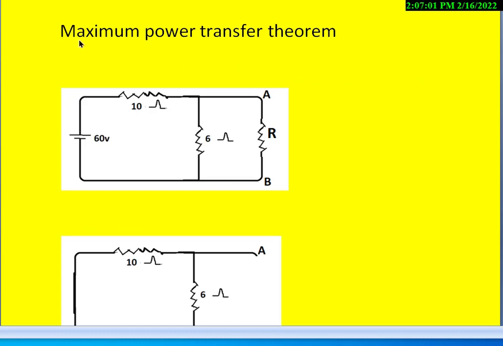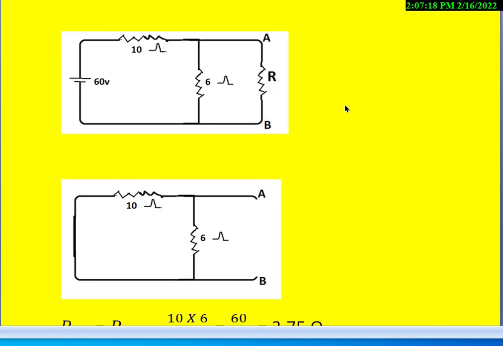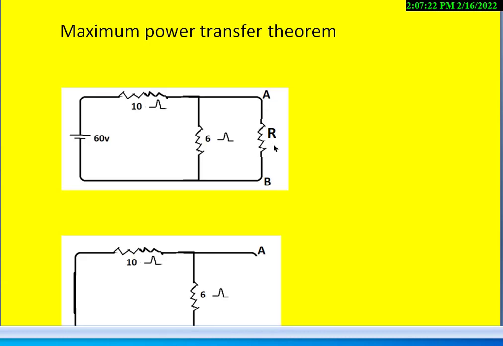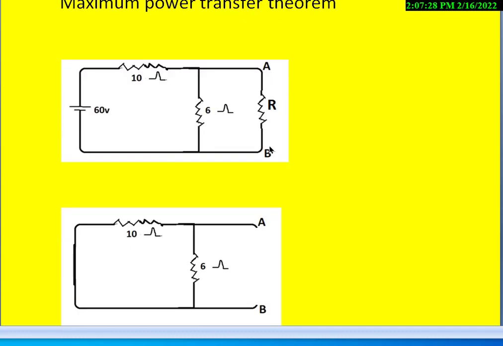So let us take another problem on the maximum power transfer theorem. The maximum power transfer theorem says the load will receive the maximum power when the source resistance is equal to the load resistance. So this is the given circuit. For getting the maximum power in the resistor R, which is connected between terminals A and B,